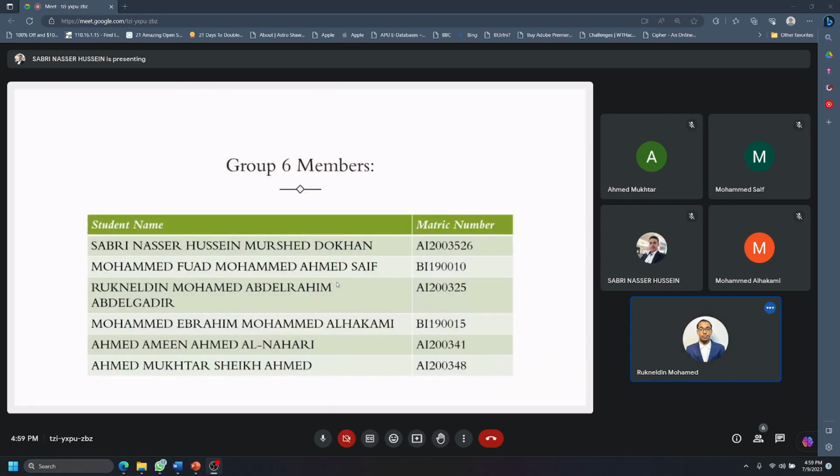We are in Group 6. We are Sabri Nasir, Muhammad Fuad, Mir ibn al-Din Muhammad, Muhammad Ibrahim, Ahmad Amin and Ahmad Mukhtar. So, the first thing we would like to dive into in the project is